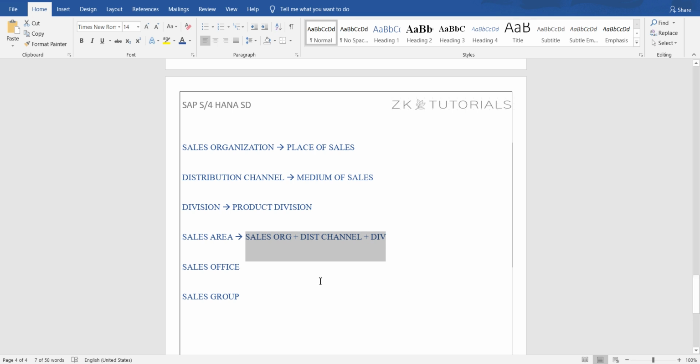Then we are going to have the sales office here. So what is the sales office? Maybe we have a plant, we have factories. Maybe one unit is in Pune and one is in Mumbai. That is a manufacturing plant where it is manufactured, and from there itself we can sell the product. But what about the sales office? The sales office is the place where you maintain your sales territories. For an example, you may have the plant in Pune and Mumbai, but you can locate your office everywhere in pan India,